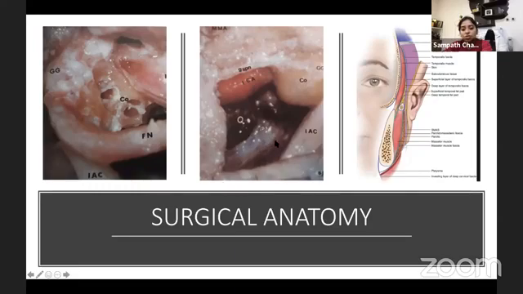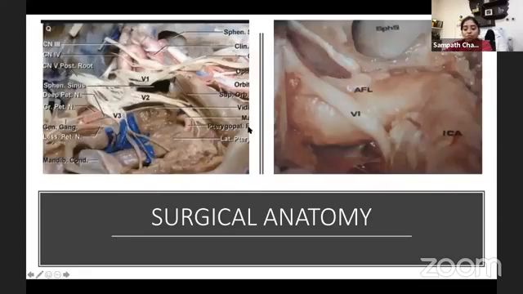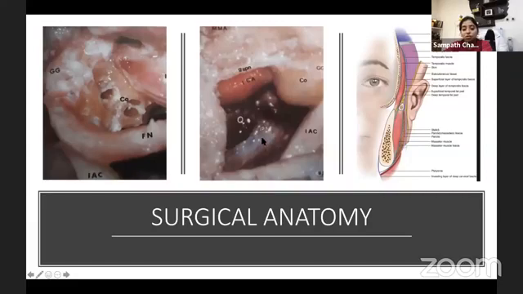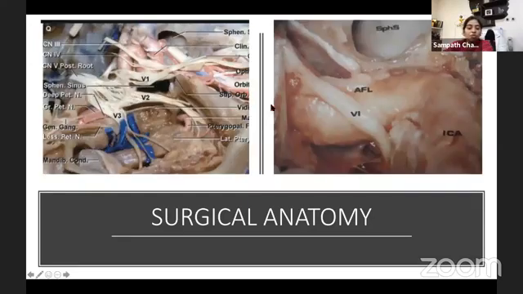So this petrous apex divides. The inferior petrosal sinus divides the petrous apex into the clival region. After dissecting almost all the bone, we will approach after the genu area, once we come into the clival region. There, the petrous part of the internal carotid artery goes along the lacerum